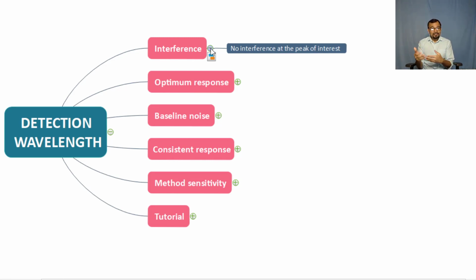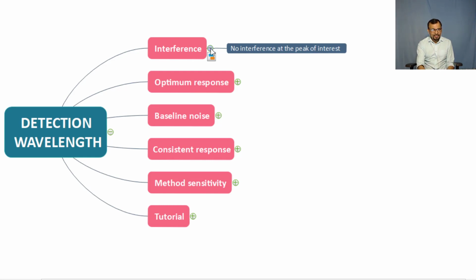There may be another point of discussion, that one can develop suitable chromatographic conditions so that the interference can get well separated from the principal peak. That will be another topic for discussion. But when it comes to selection of the wavelength, one has to make sure that the selected wavelength must not give interference at the peak of interest because of the placebo or the diluent.